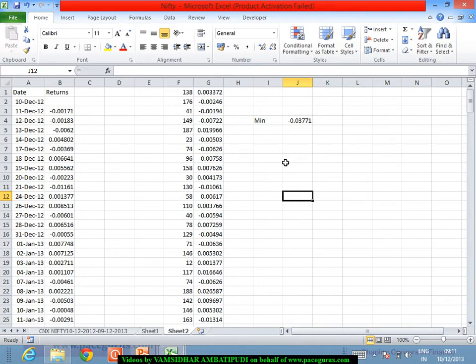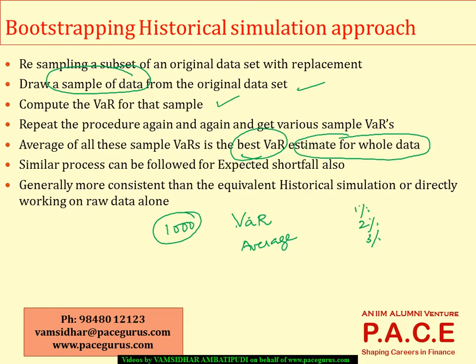Apply a weighted average and compute the expected shortfall. Again repeat the same experiment n number of times, and you will get n different expected shortfalls. Take a plain average of those n repetitions, and that will give you the final expected shortfall. That is the bootstrapping approach.